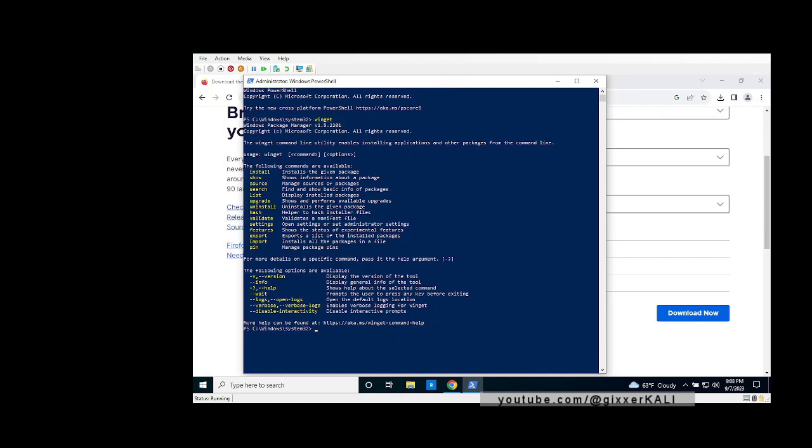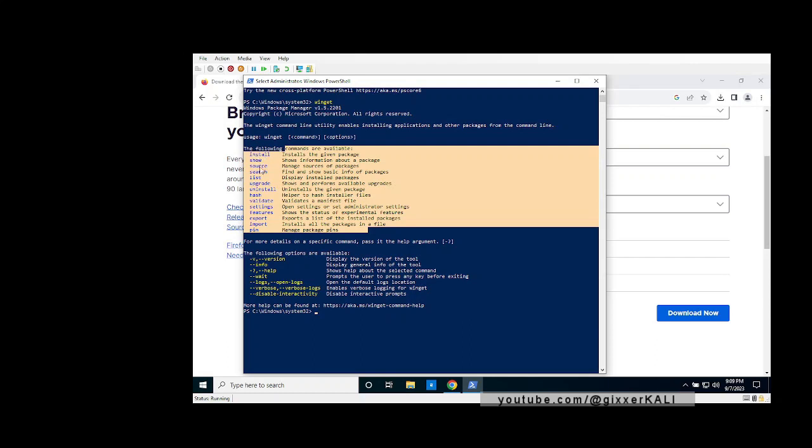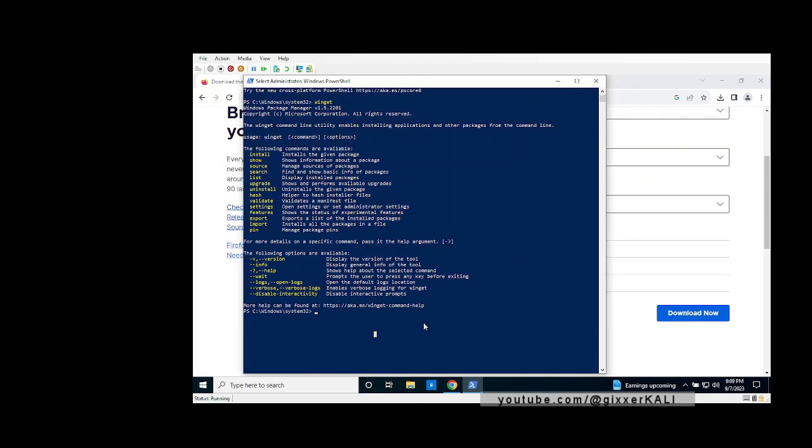The WinGet command line utility enables installing applications and other packages from the command line. It gives us the following commands that are available so we can install, show, source, search, list, upgrade, uninstall. We can do everything application wise, and then we have some switches and options that we can enable as well. We're not going to get into the switches and stuff today,